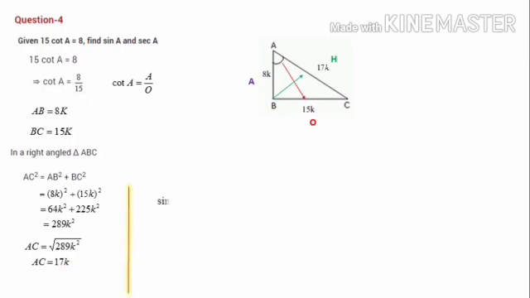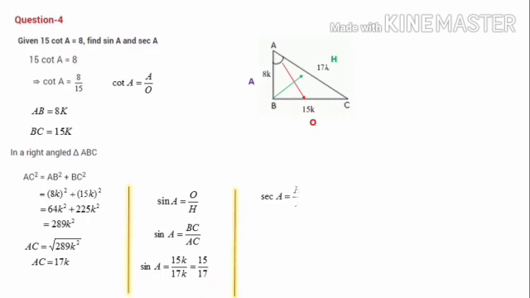Then we have to go for calculating sin A. Just recall the formula: sin A is equal to O divided by H. Then sin A is equal to O, our O is BC and our H is AC. It is substituted here. Values you have to write: BC is 15k and AC is 17k, and k cancelled. Finally 15 by 17 is the answer, the value for sin A.